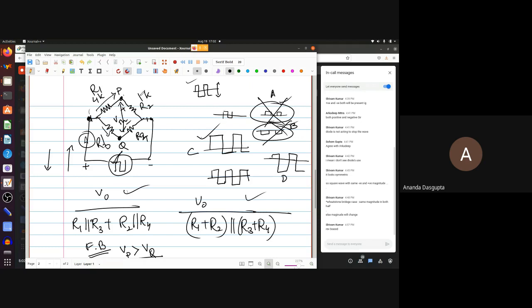And for that, all you need is the fact that in a series, voltage gets divided in proportion to resistance. By the way, it's actually easier not to use this, but to use this. Because you end up at the same voltage at the end, but whichever has a higher drop, that voltage will be larger. That's even easier. Here, it may slightly confuse you because the higher drop ends up being lower. On the other hand, here, when you go from P or Q to this common point, then higher drop is higher voltage.